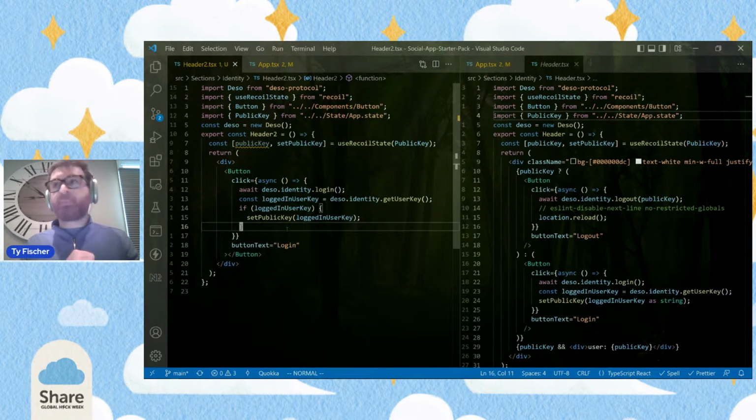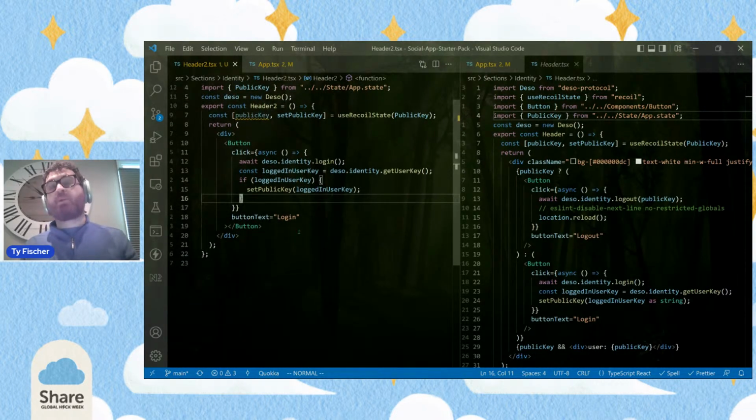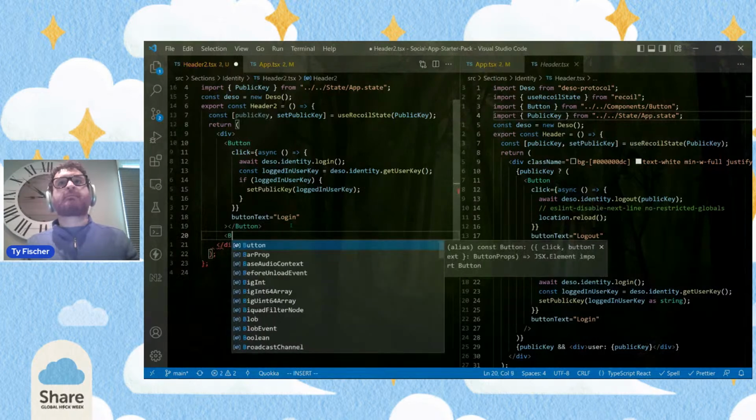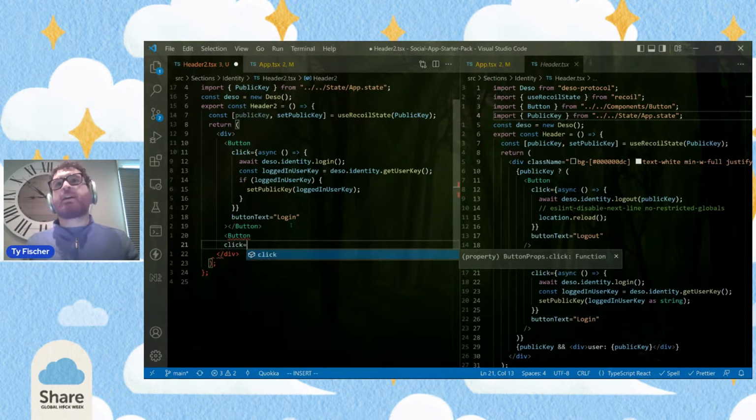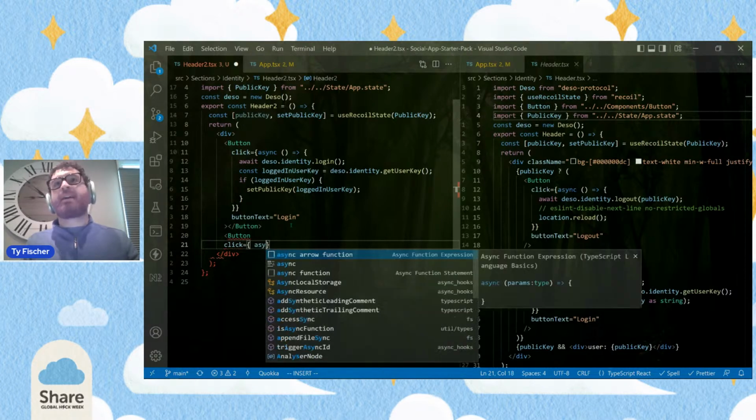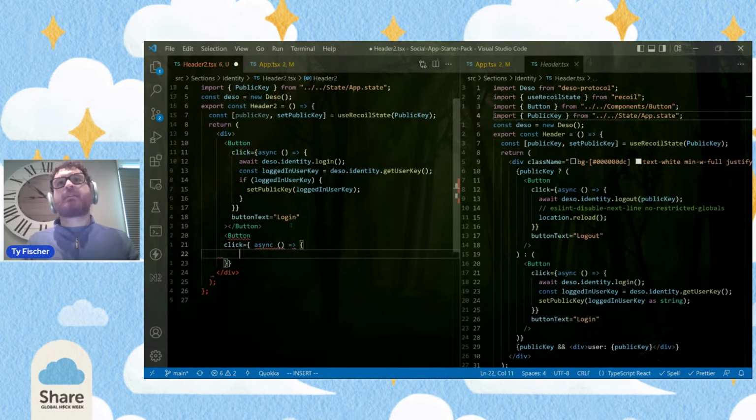Alrighty. So there's really nothing to show on the UI. This is basically just setting up our data. But what we can do now is we can set up our log out button. Let's see. So we're going to need to add our click event again, async function, and then